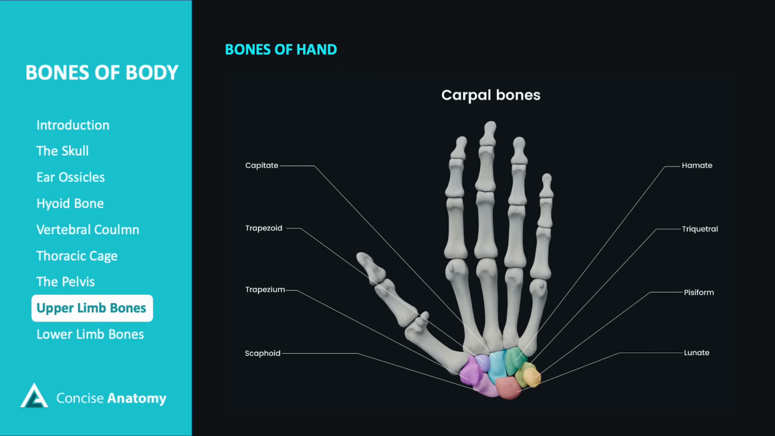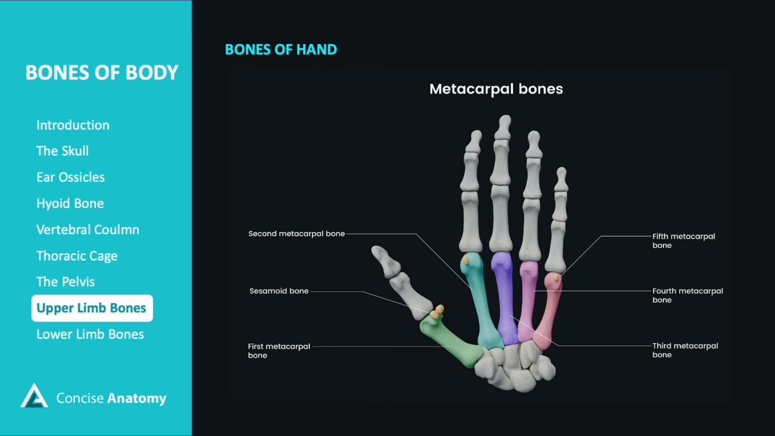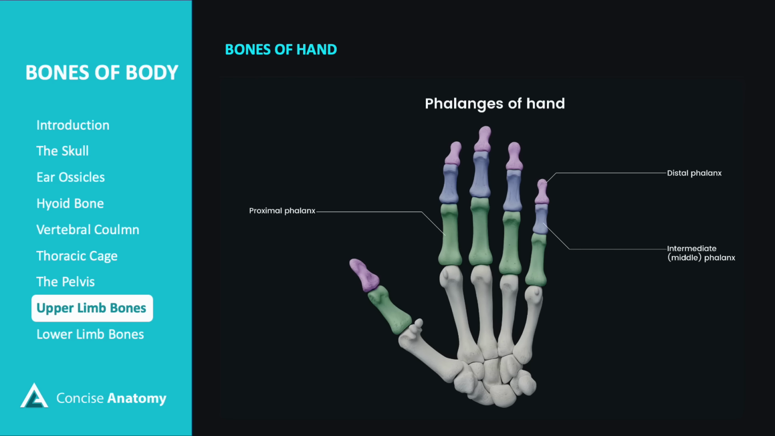They are the scaphoid, lunate, triquetrum, pisiform, trapezium, trapezoid, capitate, and hamate bones. The metacarpal bones are the 5 long bones in the palm of the hand, numbered from 1 to 5, starting from the thumb side. The phalanges are the bones of the fingers. Each hand has 14 phalanges, 3 for each finger, proximal, middle, and distal, except for the thumb, which has 2,